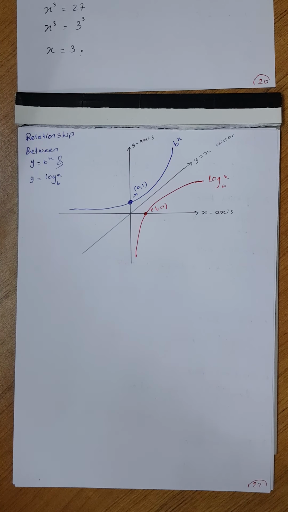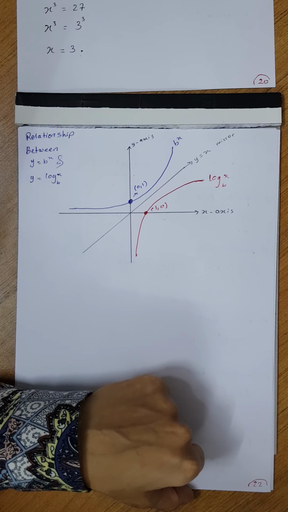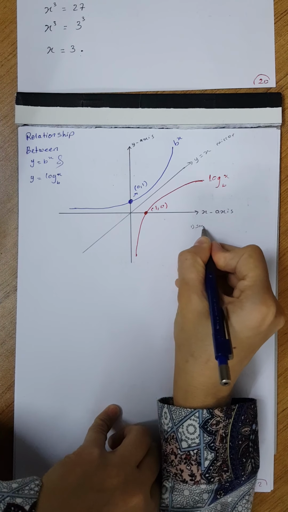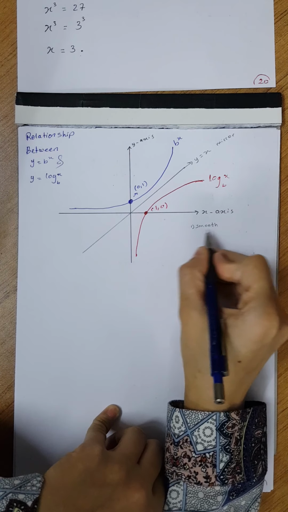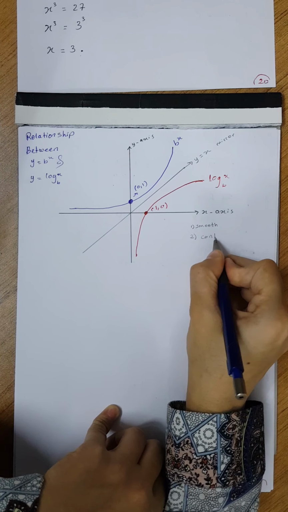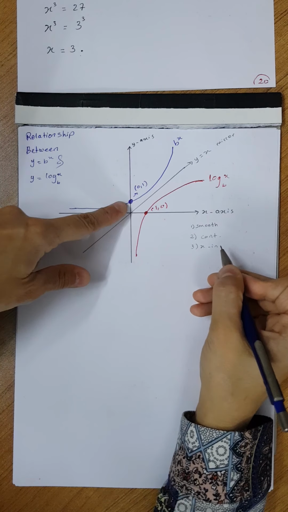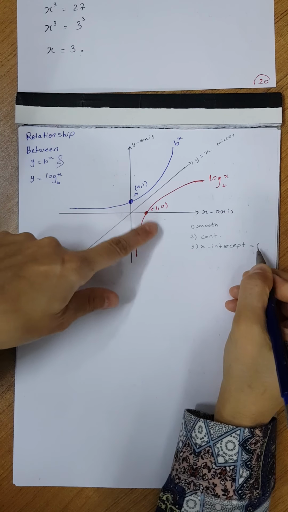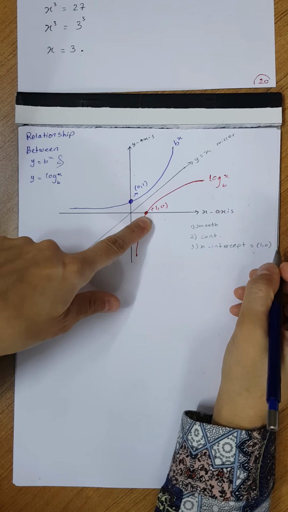Okay, if you look at this function, we have properties like we had properties for the exponential function. What do you see in that function? I see that it is smooth. The graph of the red one, the logarithm function, is smooth, defined for all x greater than 0, and it is continuous. In the exponential function we had a y-intercept, but here we have an x-intercept. What is it? The x-intercept is 1 and 0, and the function is